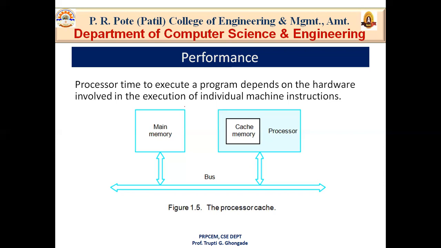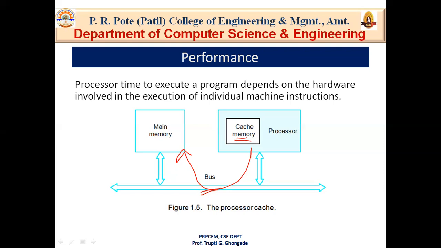As execution proceeds, the instructions are fetched one by one over the bus into the processor. The processor fetches instructions from memory by using this bus. This bus contains the memory address bus, the memory data bus, the memory address register, and the memory data register also. So the processor fetches the instruction from main memory by using this bus and a copy is placed in the cache. We have a separate chapter for cache memory, but for now just understand that a copy of the data is placed in the cache memory.